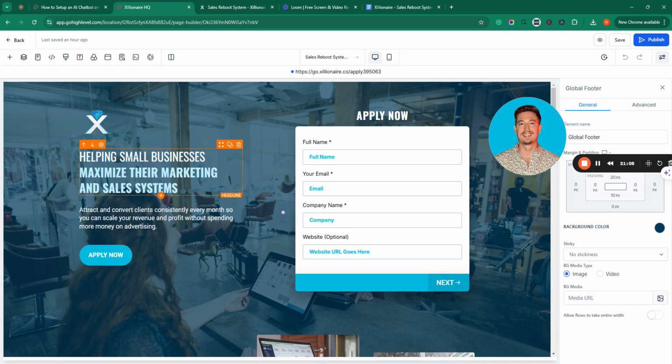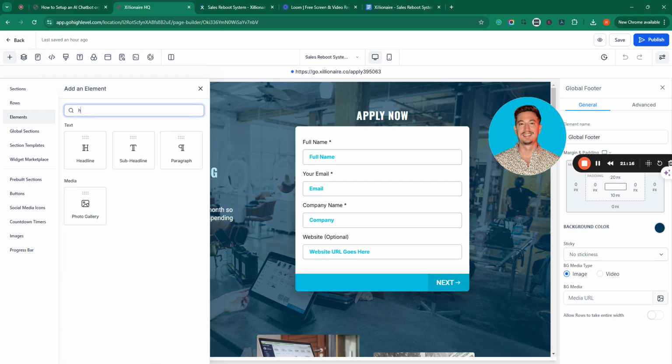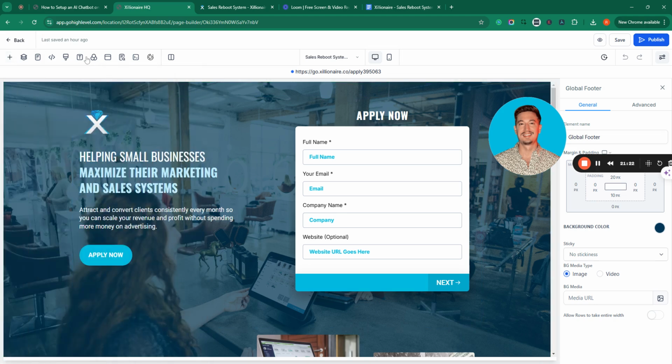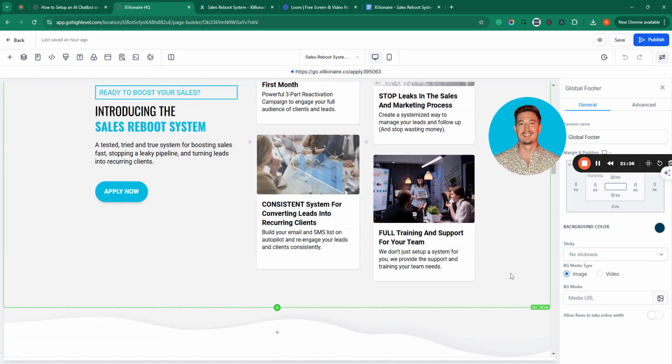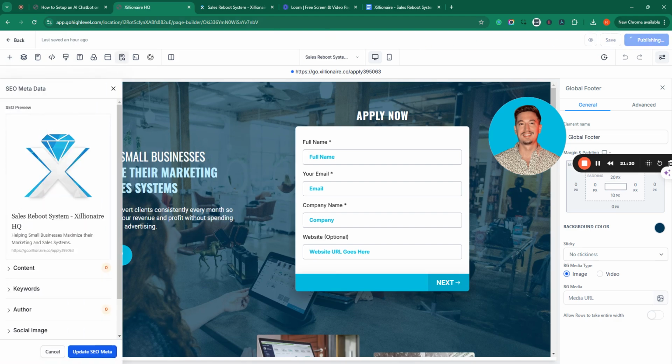You can also put it in the body if you add the element to it, which is the code element here. But the easiest way is just to put it into the footer and you're good to go. You don't have to do anything else besides just click publish. And if I go to my website now,